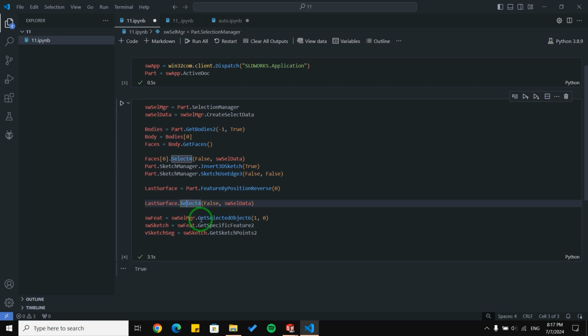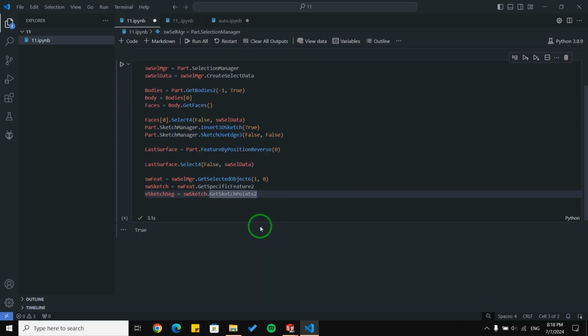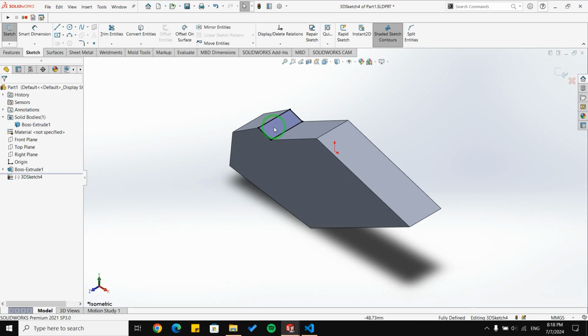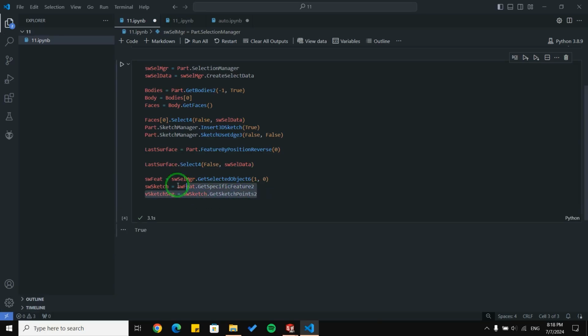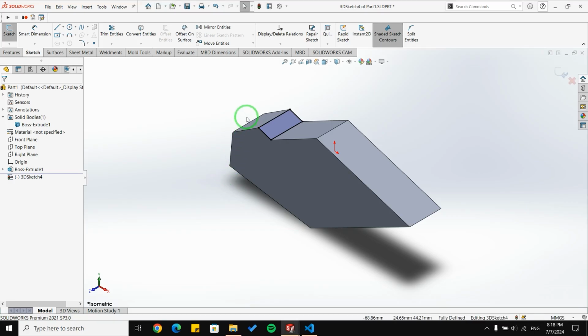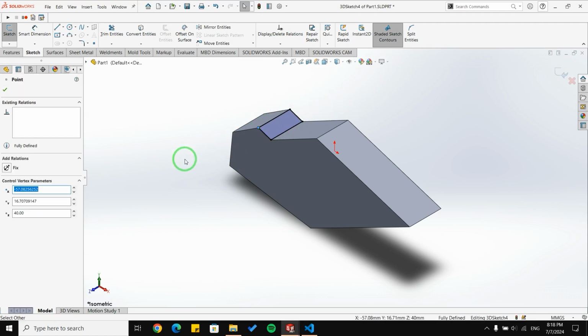Then I'm going to get some objects from it. We talked about these 3 lines of code in the previous video, and in summary, with these 3 lines I'm able to get the objects related to all of the points in just this sketch. So using these 3 lines, now I have access to objects related to these 4 points.